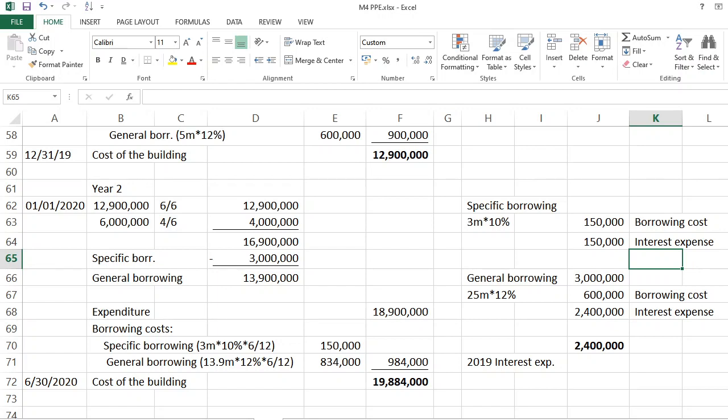Pero on the side of the management, ang interest na babayaran natin in connection with that loan will be part of the cost of the building. Okay? Again, si bank wala siyang pakialam sa treatment natin. Okay? Sa entity lang din naman yan sa atin yan. Kaya yung 150 or yung 300, part siya sa building, hindi siya interest expense. Now, on 2020, hanggang June 30 lang pala yung construction ng building. Pero si bank, again, wala siyang pakialam. Basta magbayad ka, you're good to go.